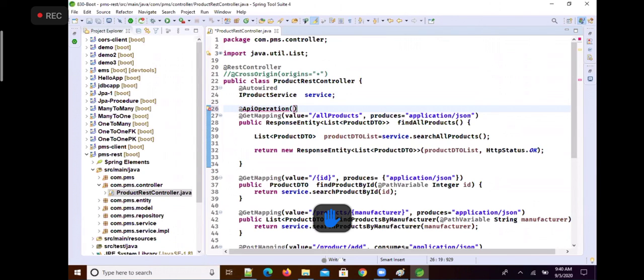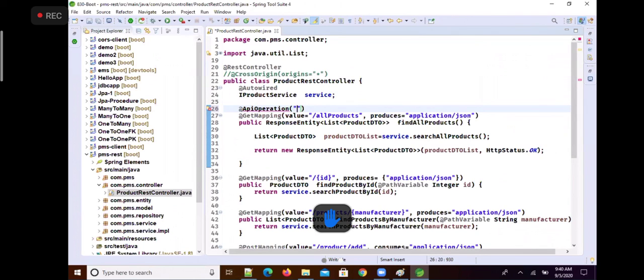You are aware of what the @ApiOperation annotation can be used for. It can be used to add a description for the REST endpoint, and this description will be added to the documentation.